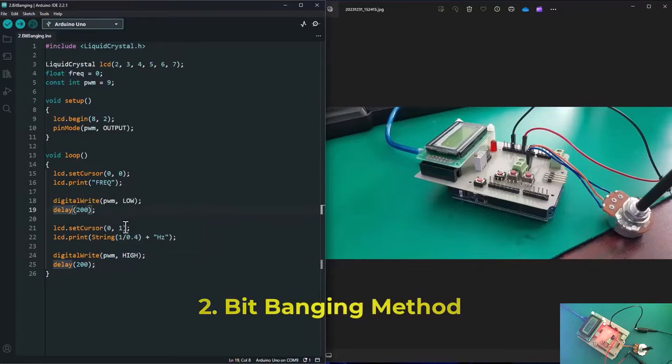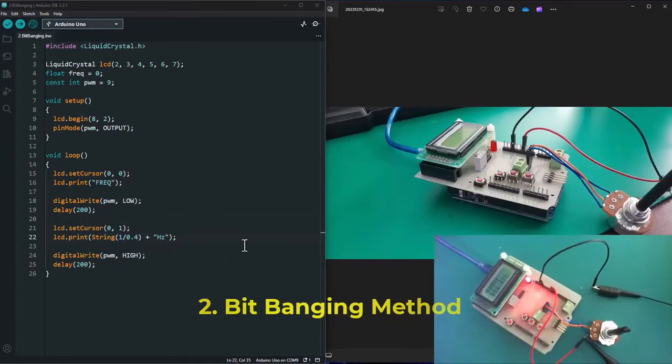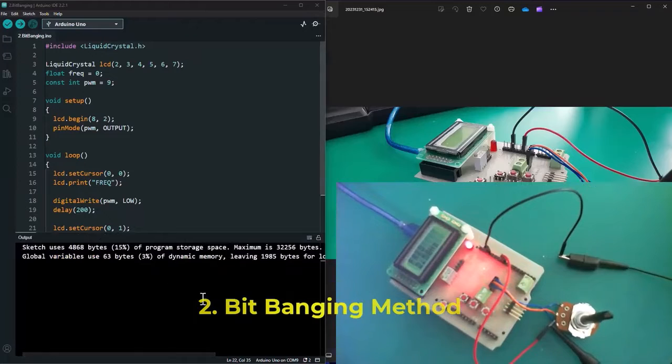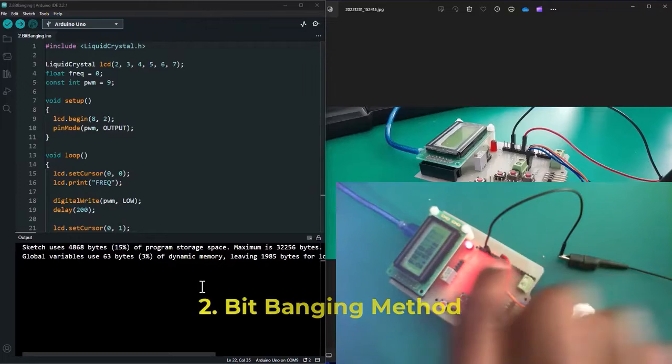Now if you want to know the frequency of this signal, you simply have to divide by the time period. Remember, you've got 200 off, 200 on, which basically gives you a period of 400 milliseconds. If you take 1 and divide it by 400 milliseconds, it's going to give you 2.5 Hz. Without delay, let's go ahead and load this into our Arduino board and observe the PWM signal from this sketch. Right, the script is done uploading, and we can clearly see we've got a frequency of 2.5 Hertz